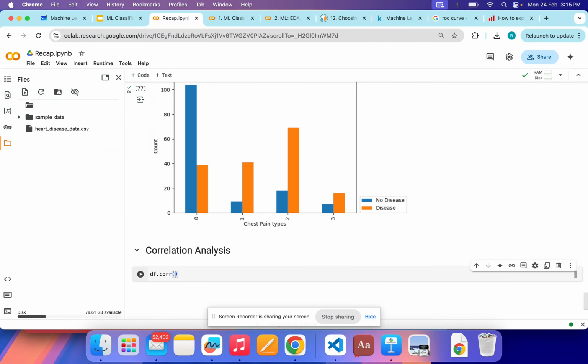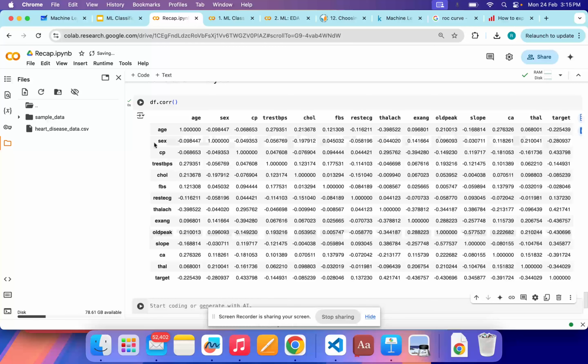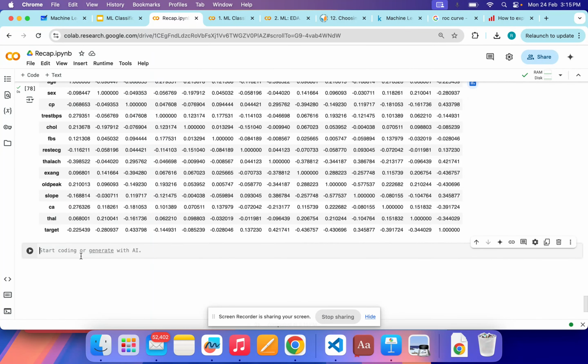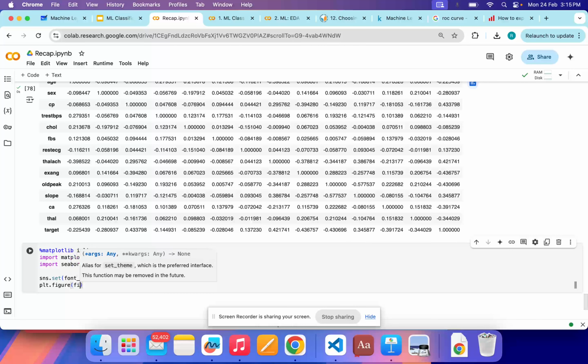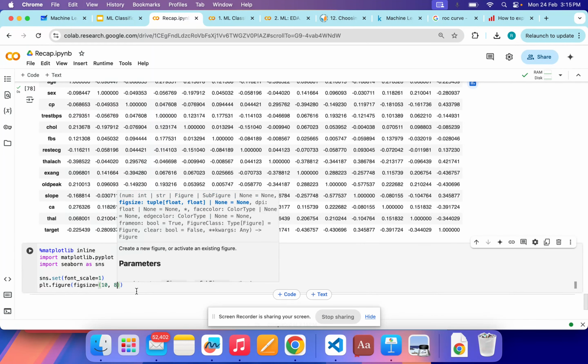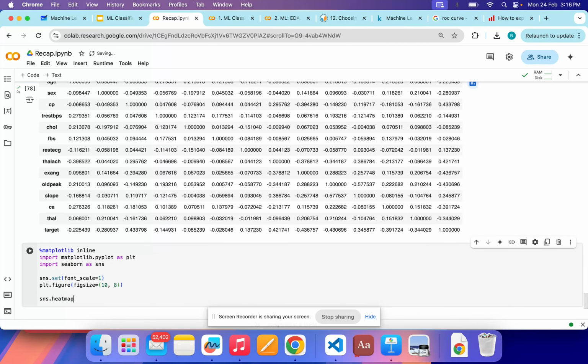So what we can do is df.corr(). This gives this number, but instead of this one, let's plot something which looks very nice. So here, %matplotlib inline, import matplotlib.pyplot as plt, import seaborn as sns, sns.set(font_scale=1), plt.figure(figsize=(10, 8)). I would like to have 10 width and height is 8, and sns.heatmap